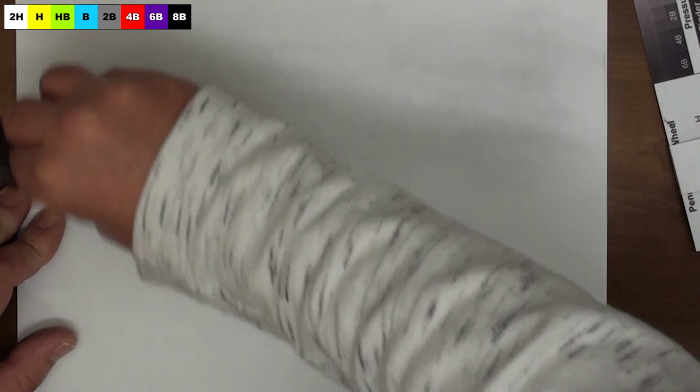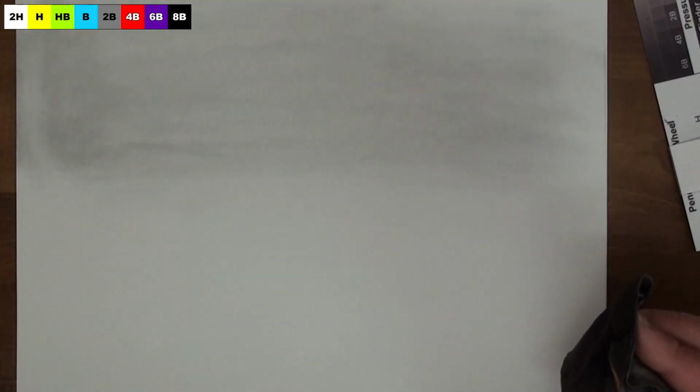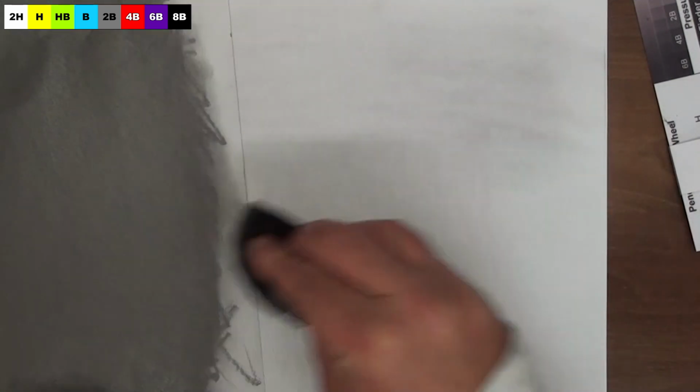So I'm going to take this guy and rub him over there. Let's say just tone half of it so you can compare. Otherwise the camera is just going to see one tonal value. It's going to make it look all white. So I'm rubbing over here and rubbing onto here. And now, can you see I'm getting a nice, even layer. Is it perfectly smooth? No, but if I'm doing broad areas,